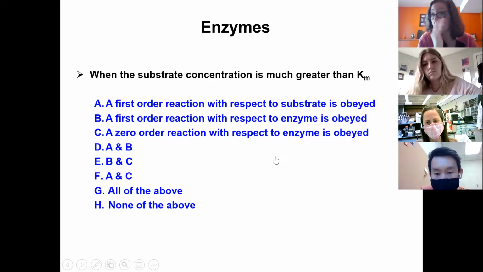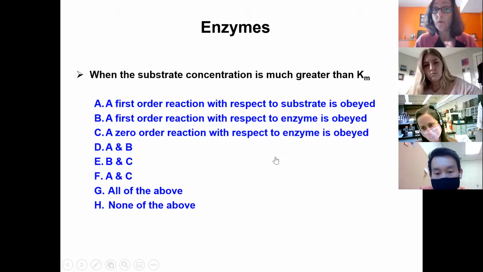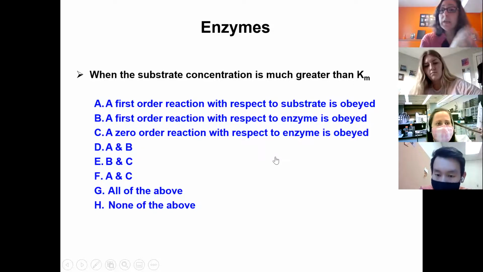reaction will change. If you increase or decrease the enzyme, the rate of the reaction will change because you really have high substrate concentration. The rate is no longer impacted by the substrate. So we're going to talk about that more, and learn that when I'm using enzymes